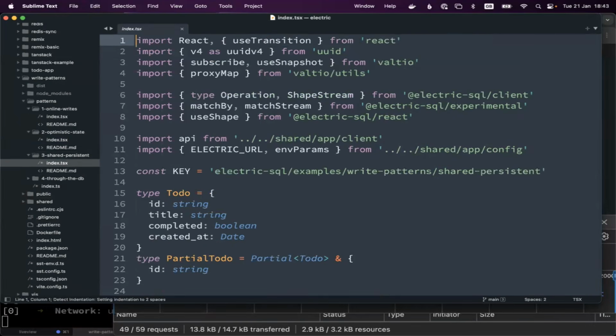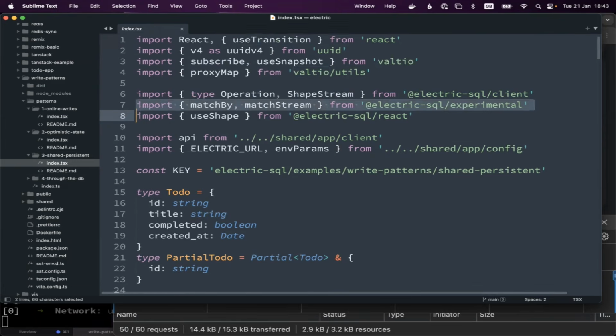So for this shared persistent example, we again just extend things a little bit. There's a little library here called Valtio, which is just like a reactive local store. That's a way of having a very simple in-memory key value store that you can also subscribe to changes from. And we still import the React transition, and we still have these matching stream utilities.